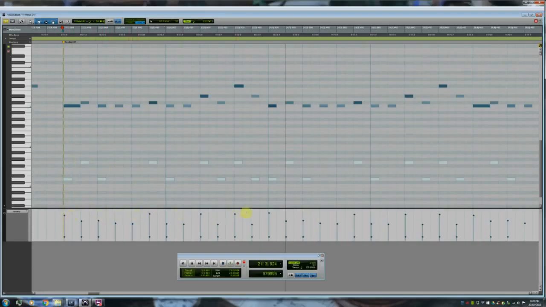So some of these high velocities, again, open strings, and you can see here, for example, this key switch is indicating a 5th chord playing an open string, so an open 5th chord, and then it drops back down here to single muted notes, back to an open 5th chord, a muted single note, open 5th chord, and single muted note. So it's a bit of a combination of things going on there, and that just creates a really cool